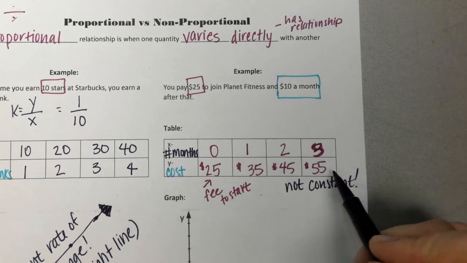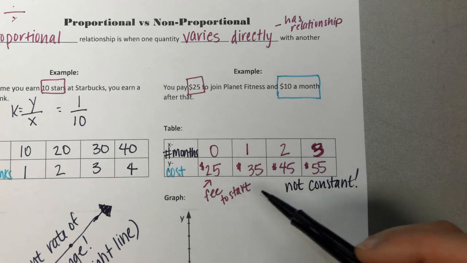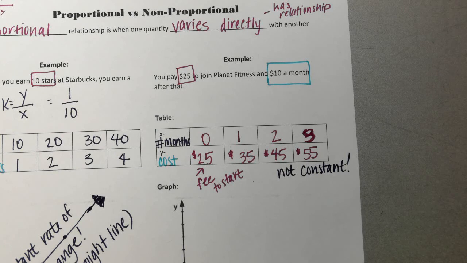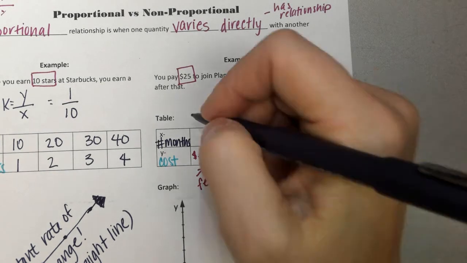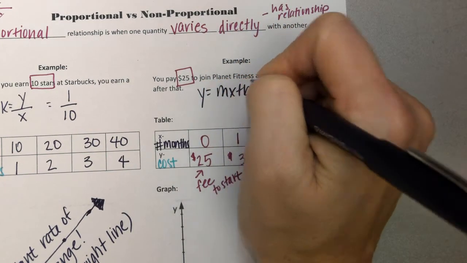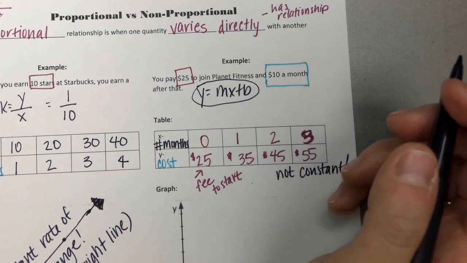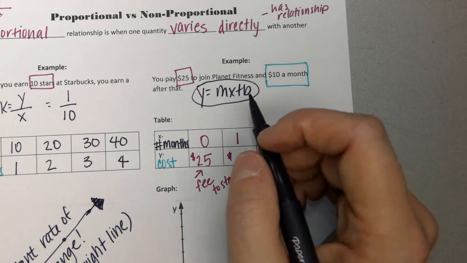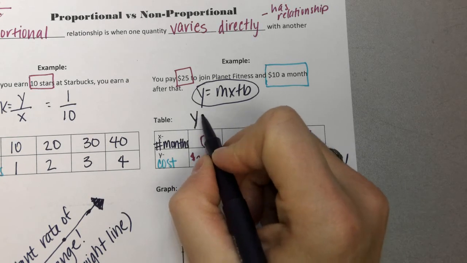Now this part is constant because it's increasing by the same amount, $10 each time, but the beginning was not. It started at 25. So it's not constant the whole way through. So we have to go back to our y equals mx plus b, that equation. Okay? So we're going to make this equation. Y equals,